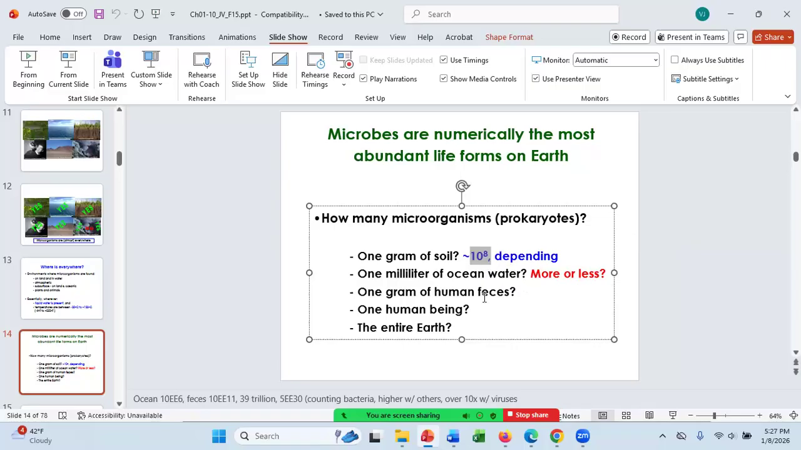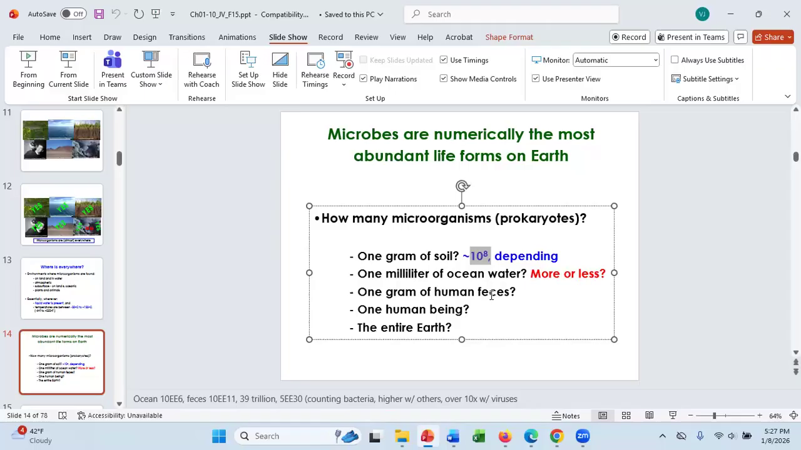How about in 1 gram of human feces? And we'll just say fresh human feces. Does salt water affect a prokaryotic cell the way it affects a eukaryotic cell? Like, does it make it swell, or does osmosis happen with prokaryotes? Yes, osmosis happens with prokaryote cells as well, but